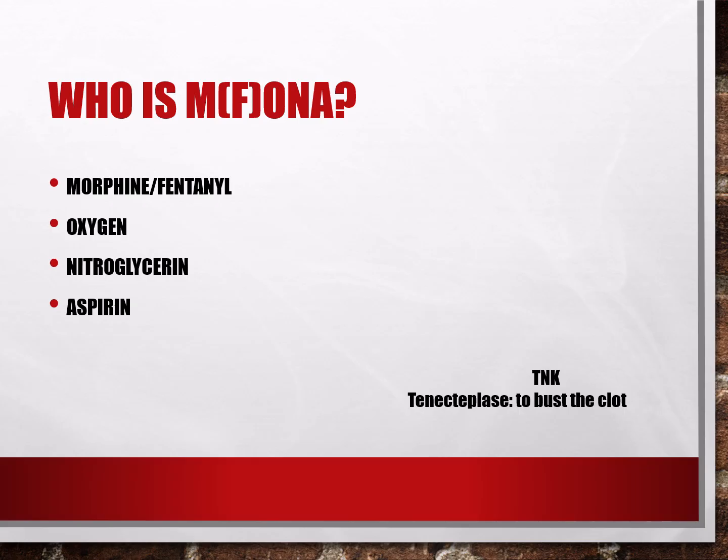So for cardiac patients, patients with cardiac chest pain, acute coronary syndrome, STEMIs, NSTEMIs, unstable angina maybe, we're going to be working through this MONA algorithm here. Morphine, the M and F kind of go together. So we're going to give this patient potentially morphine or fentanyl for that chest pain. So the morphine decreases myocardial oxygen demand, and it helps with pain management, so it really helps with that cardiac